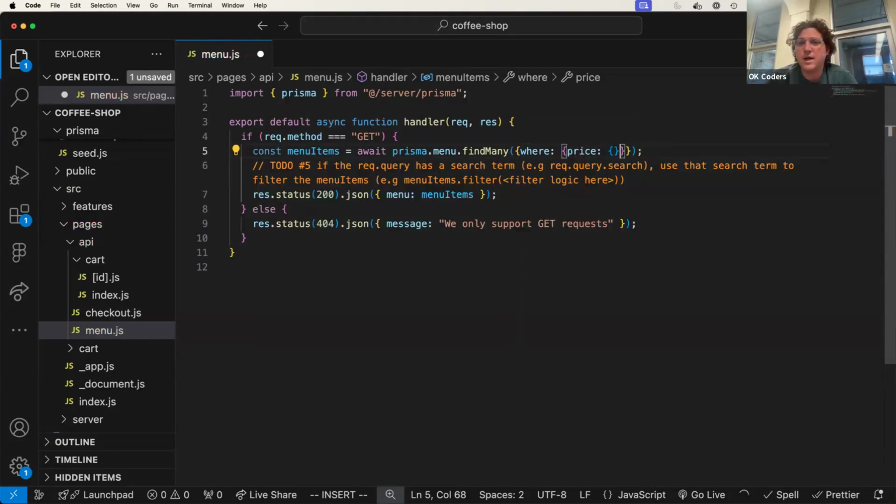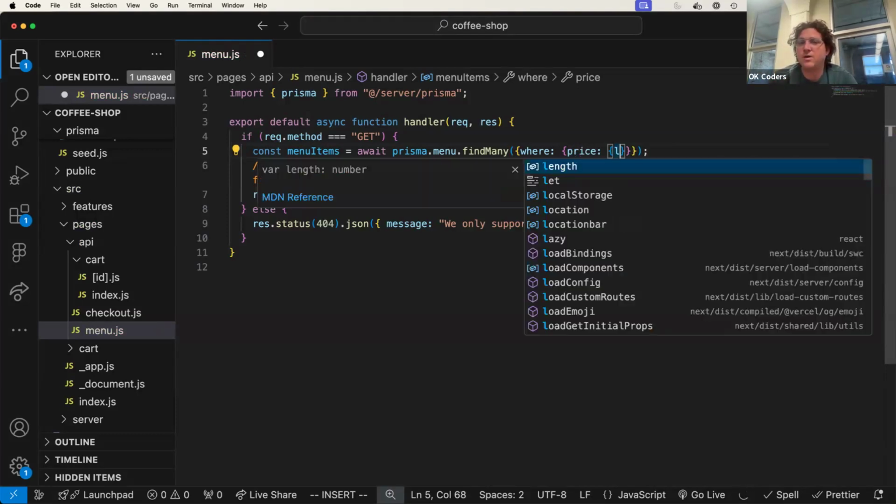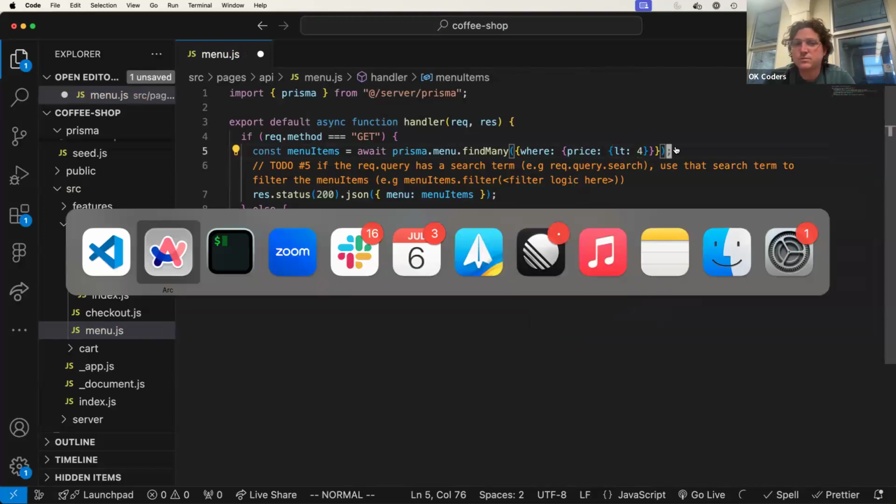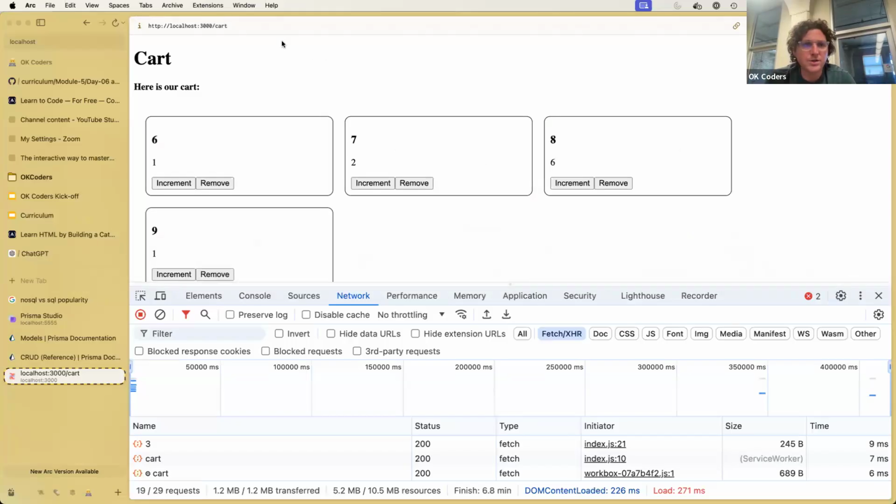And all this syntax is in the documentation, I'll have you all read, but they have a key called lt that looks like that. So when you say, give us everything that's less than $4, that's the syntax for it there. So if we go back to the menu,